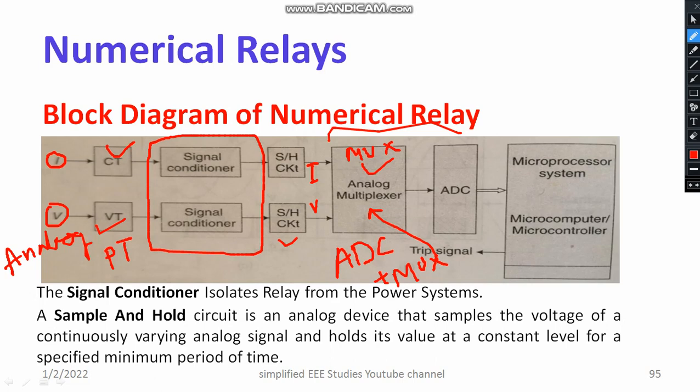So with the help of ADC, whatever the multiplexed analog signals, that is going to convert into a digital form. Now the heart of the numerical relay is microprocessor or microcomputer, or you can call it as microcontroller, or you can simply call it digital signal processor. Any processor can be used, but if you use DSP and higher level, it is much more ARM processor. You can use ARM or DSP. Okay, so such kind of advanced processor can be used.